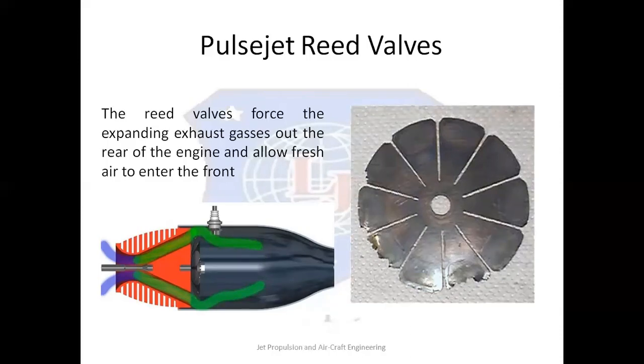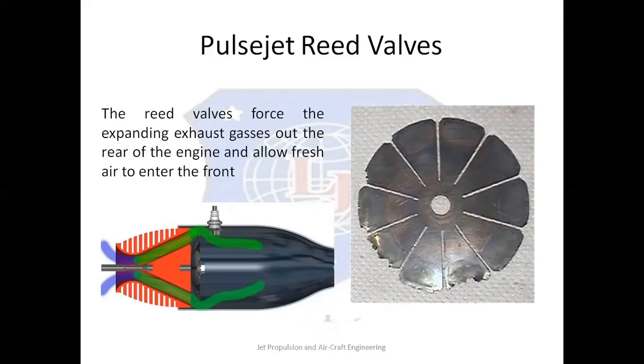Now fuel in the form of gas or liquid aerosol is injected into the combustion chamber. So here fuels can be used in the form of gas or liquid aerosol. Now this combustion is initiated by the spark plug, as we have seen in the IC engine. So here, since we know that the combustion takes place in an intermittent process in various stages, we require a spark plug to ignite the mixture when there is a requirement.